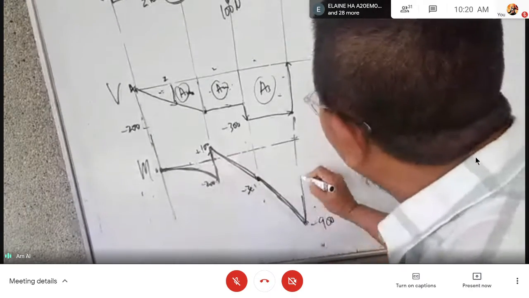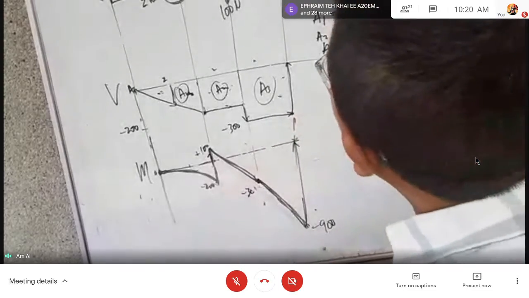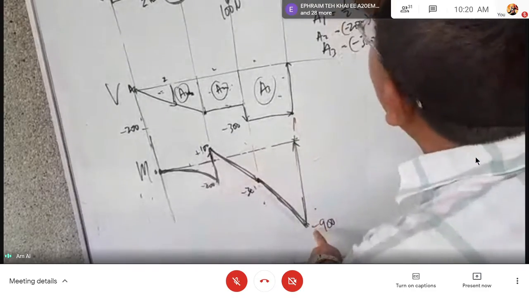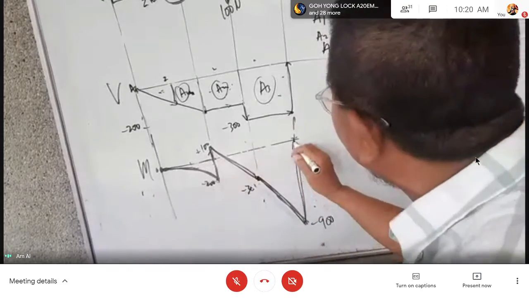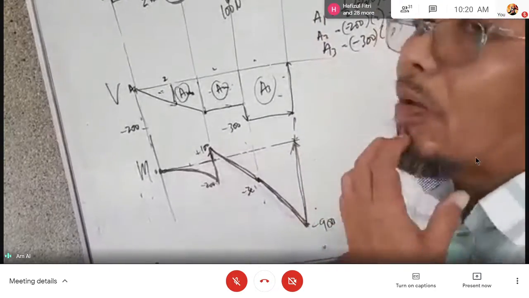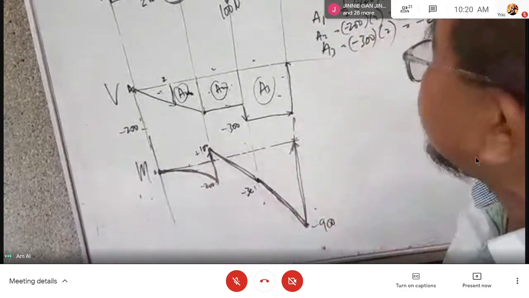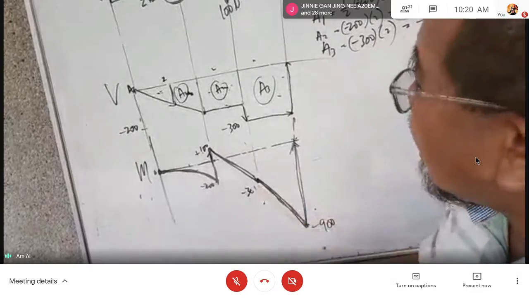And then you go up there. You go up means clockwise. So that means here there must be another 900 moment clockwise. That's why you go up to 0. Those are the reactions. Because you cannot finish at minus 300, you must finish at 0. So the wall must have that reaction. That one. So this is the graph of